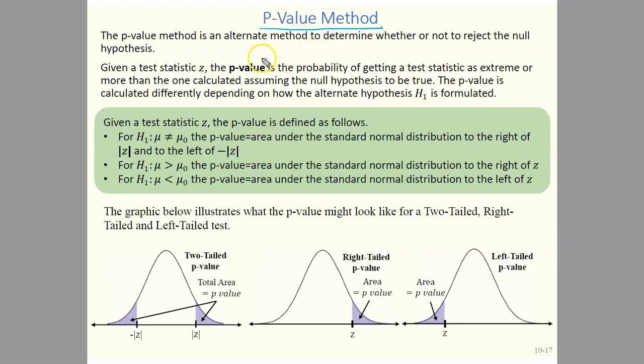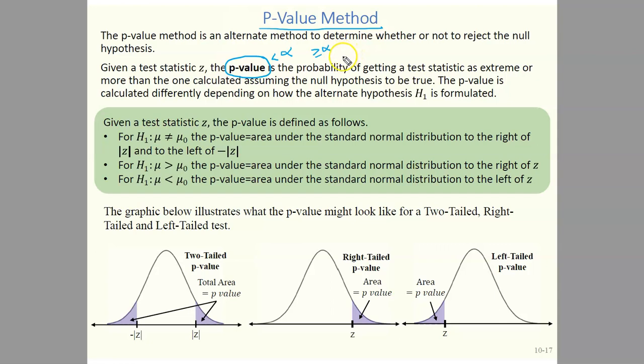Now for the p-value method, what you're going to do is calculate a number called the p-value, and you can use Excel or a calculator to do that. And then you're going to compare this number to your significance level alpha. If the p-value is less than alpha, you will reject the null hypothesis. On the other hand, if it is bigger than or equal to alpha, then you will fail to reject the